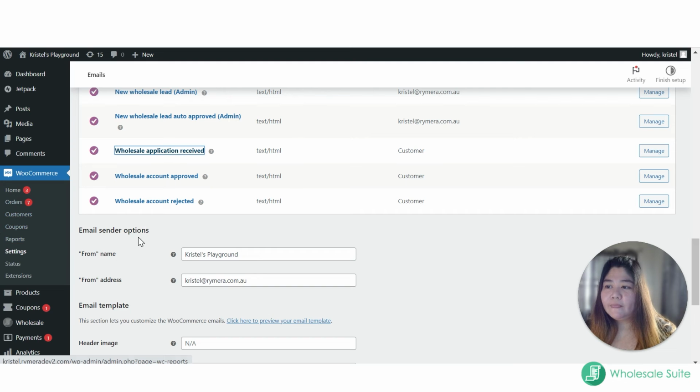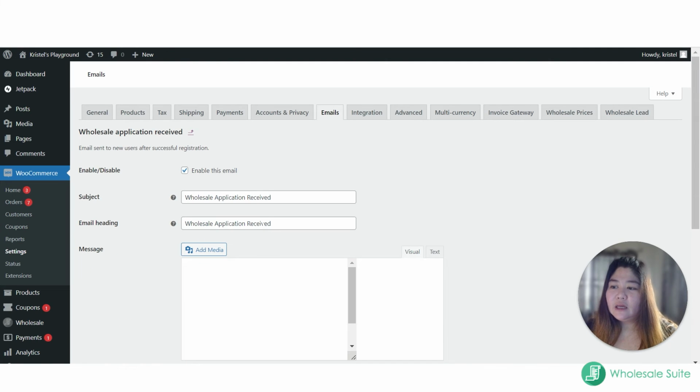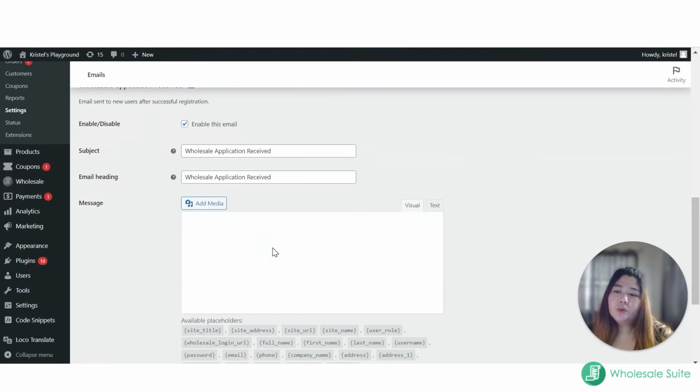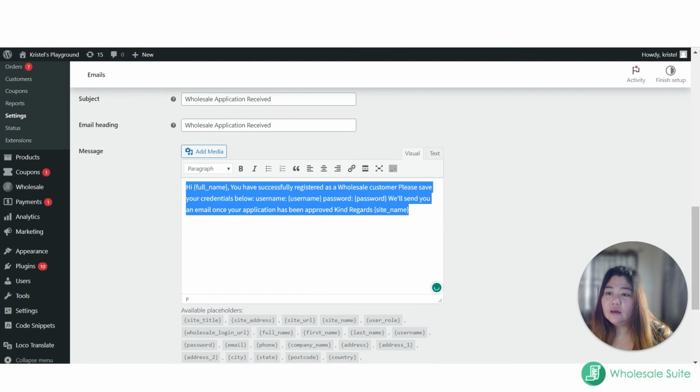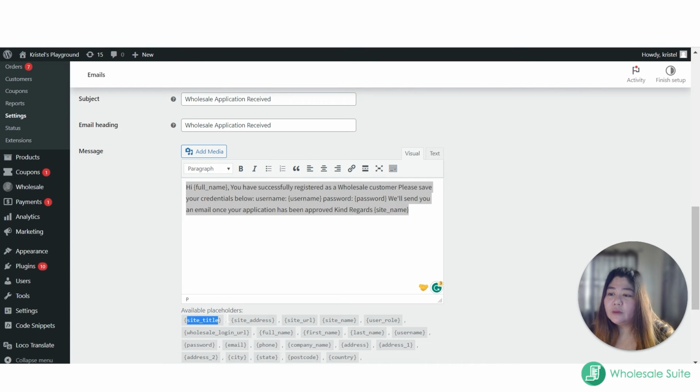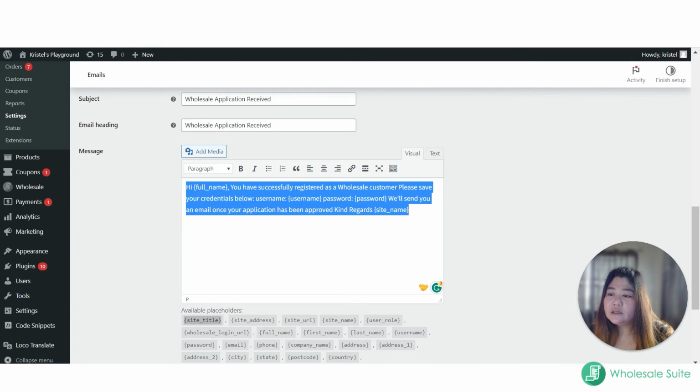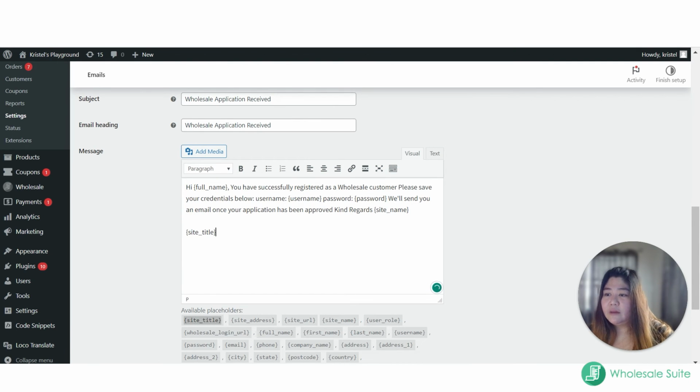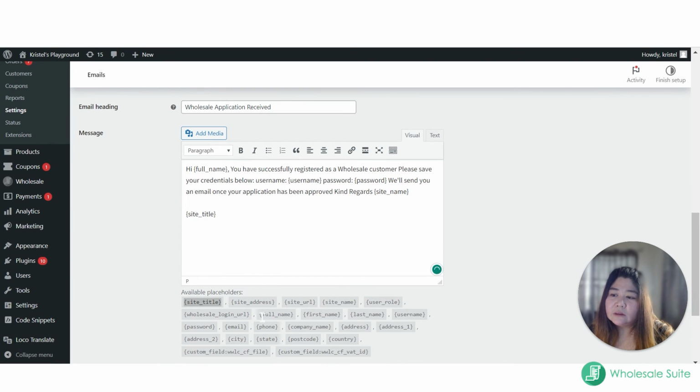Again, you can manage the wholesale application received and the other templates here. Just click on application received, and here is the email content that you will be seeing on this wholesale application received email. So, hi, and then the name of the customer, you have successfully registered as of. Now it's up to you if you want to include more information on this email, and then you can just add it. For example, I'm going to add the site title and the email address,